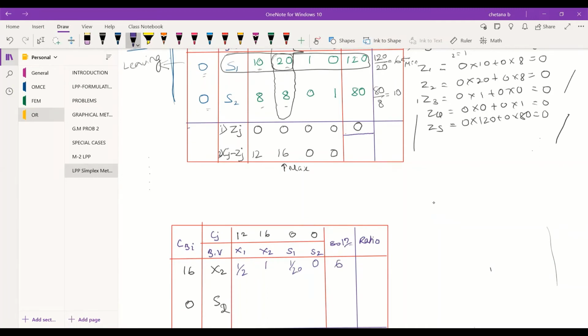Now coming to the second row, for S2. We call this the new value. So what is the formula for new value? New value is old value minus corresponding key column value into corresponding key row value divided by key value.